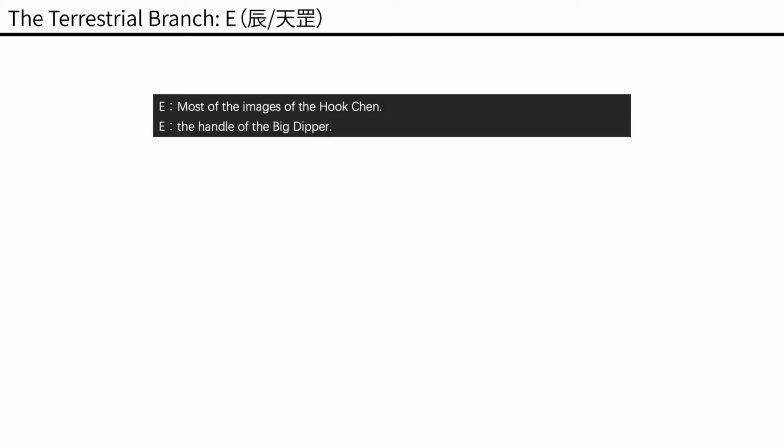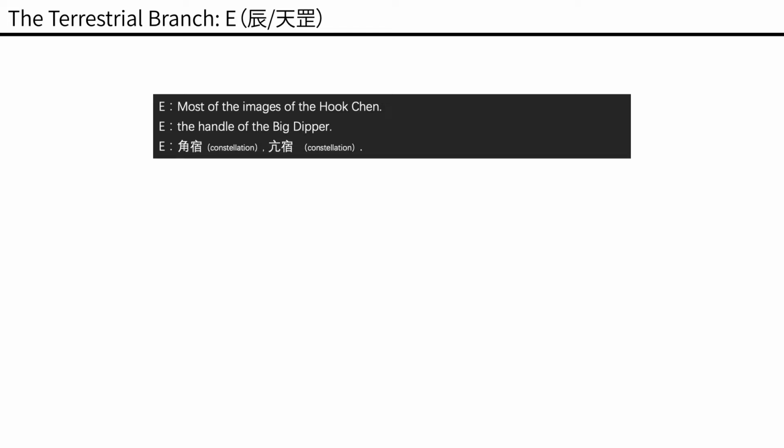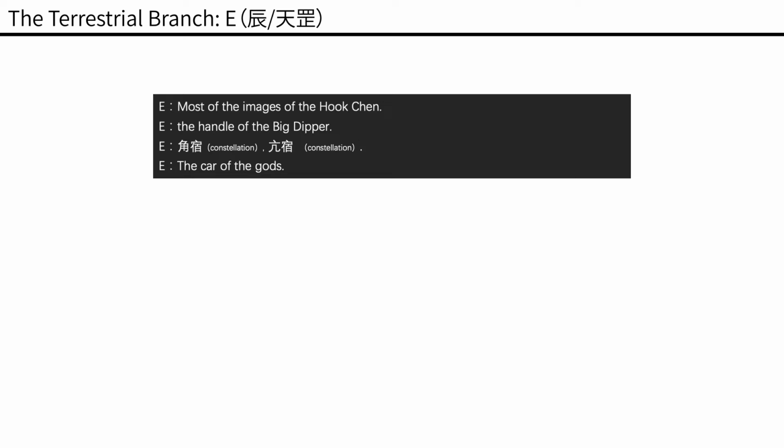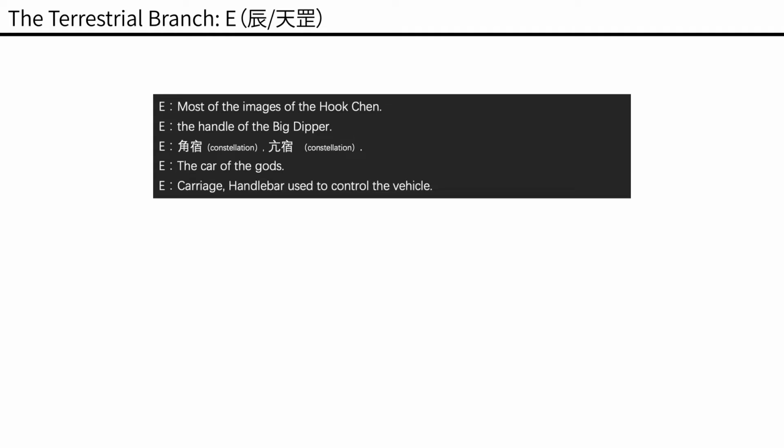Because E is the home of the hook chain, E has most of the images of the hook chain. The images of E mainly come from the handle of the Big Dipper. The ancient Chinese used the 12 terrestrial branches to divide the sky into 12 areas. 角宿 and 抗宿 are in the area of E, so most of the images of E come from them. Because the Big Dipper was considered by the ancients to be the car of the gods, the image of E